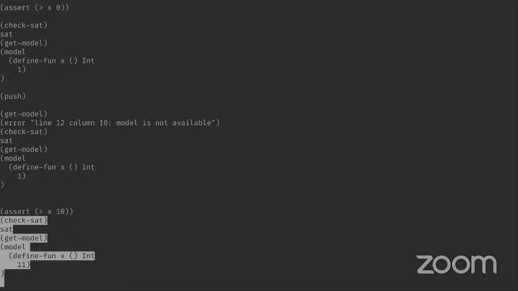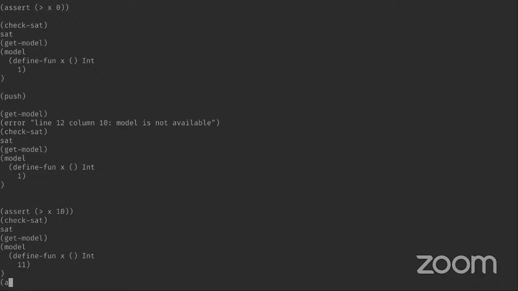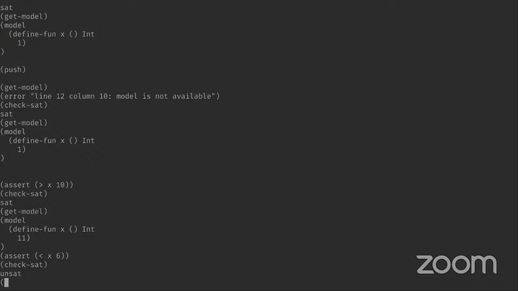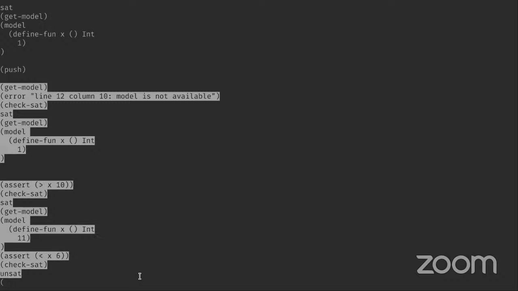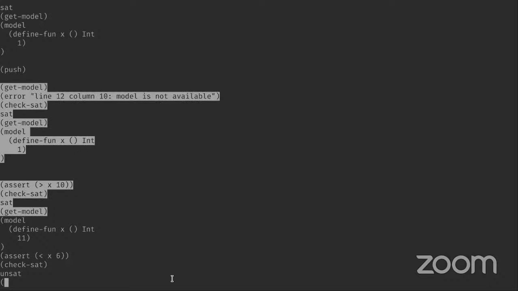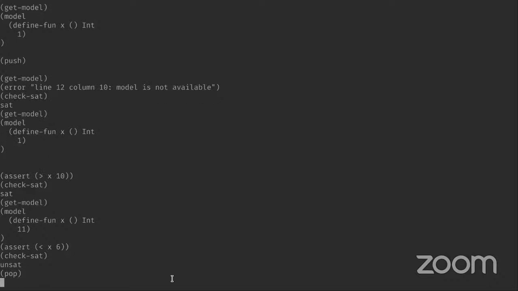But you can also make it unsat by adding something like assert x is less than 6, and then when you check that you get unsat. But now suppose you want to undo all of this since you last pushed. So the push is here and now you want to undo all of this. So what you say is a pop. What this does is it rolls back to the state just before the push. So if I check sat here,